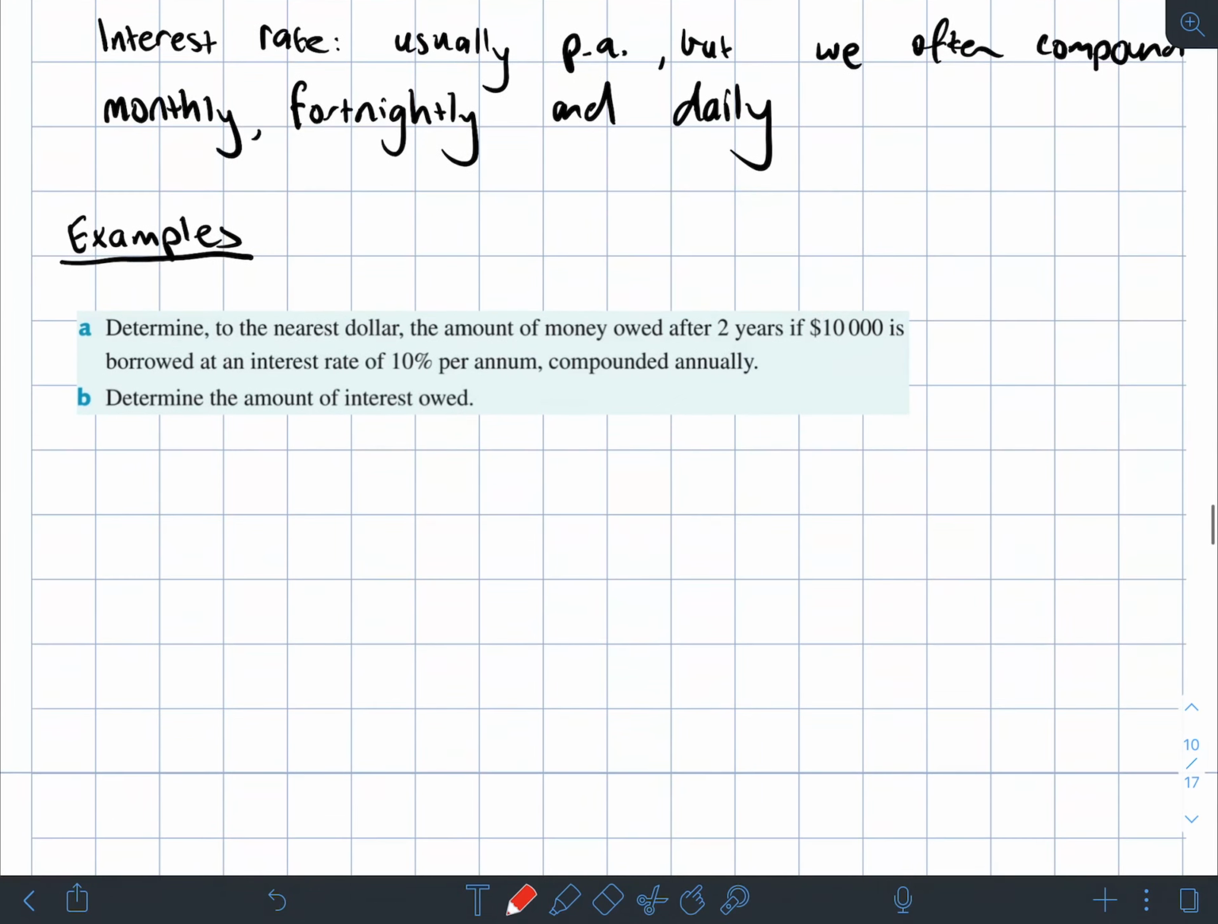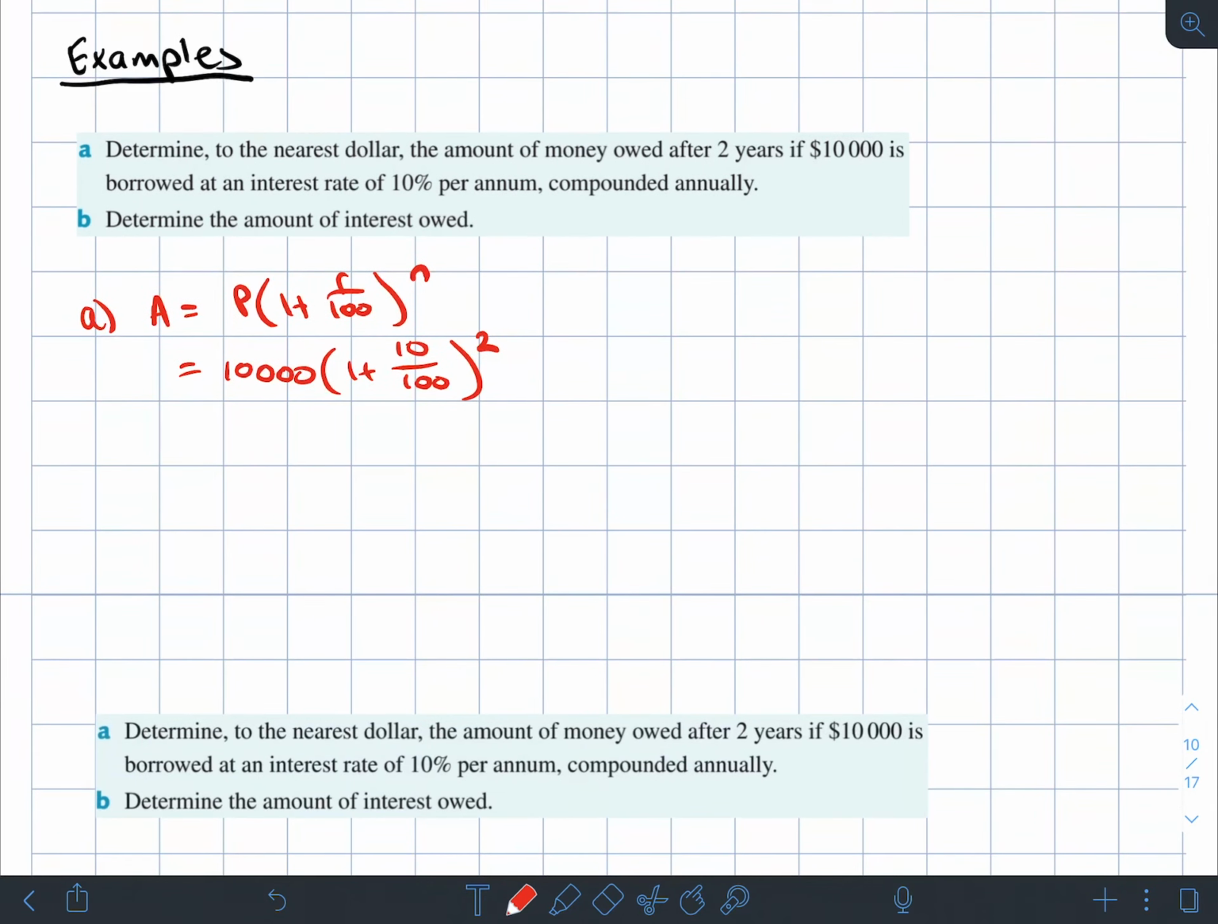All right, so let's do an example. Okay, so trying to find the amount of money owed on $10,000 after 2 years, where we've got an interest rate of 10% per annum and we're compounding annually. Okay, so pretty straightforward application of the formula here. So $10,000, 1 plus 10 on 100, 2 compounding periods, and we're compounding annually, so that's 2. And this gives us